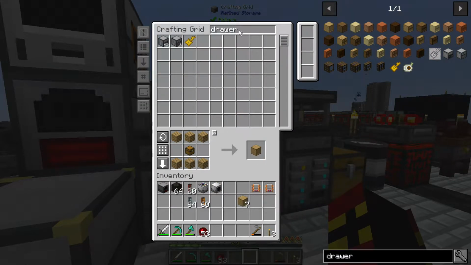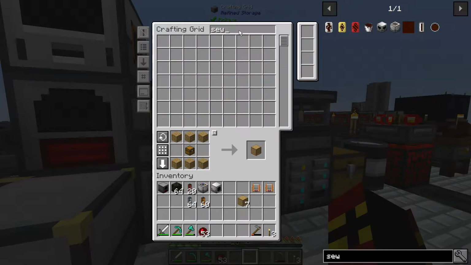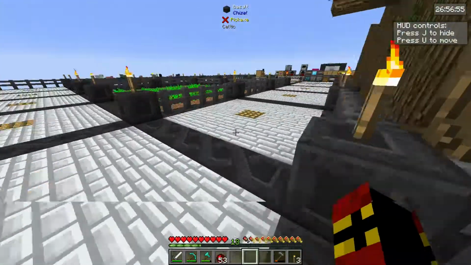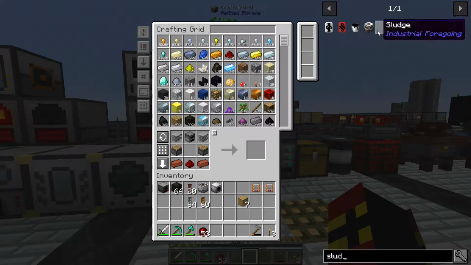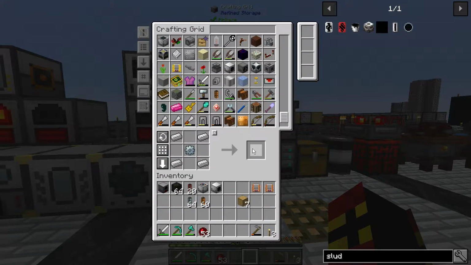So... Oh, I know what I need. I need a sewer. Sewage compactor. Wait, is that what it's called? Is that what we used? No, sludge refiner. Okay, before I make the wrong one. Sludge refiner, there we go. And I almost have everything, we just need a few machine frames. Which means I need glass, so...